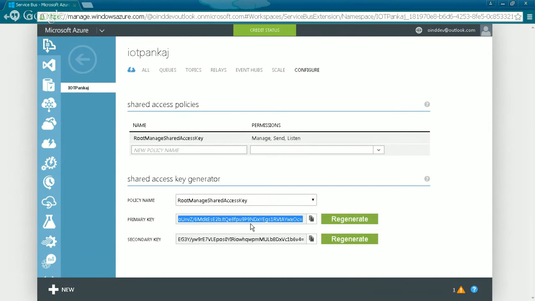Primary key, suppose you have 10, 20 services which are running on the primary key. You cannot change the primary key, right? Those devices or those programs need to change. So the secondary key you can change. Primary key needs to be constant for its lifetime. And the fact is that the event hub data is refreshing at a 10 minute interval. Whatever data is coming, it is stored on cloud storage, then it will populate the data.